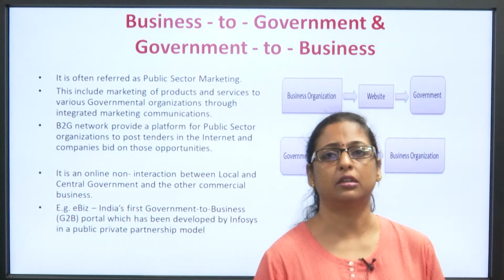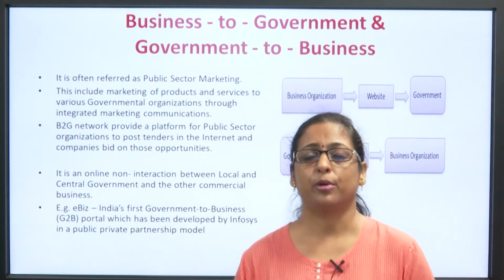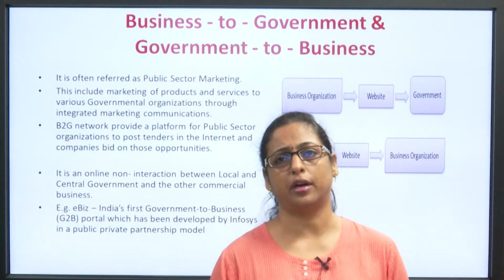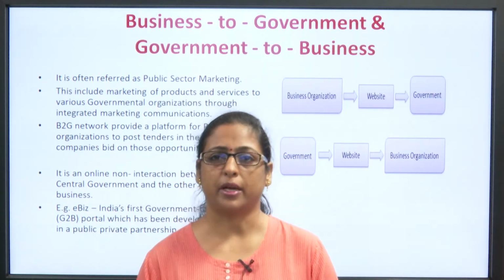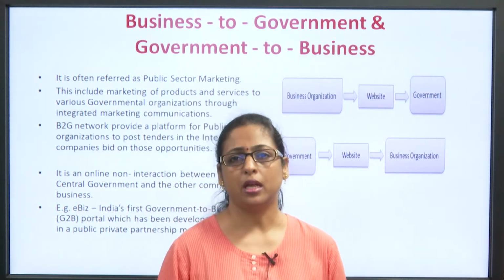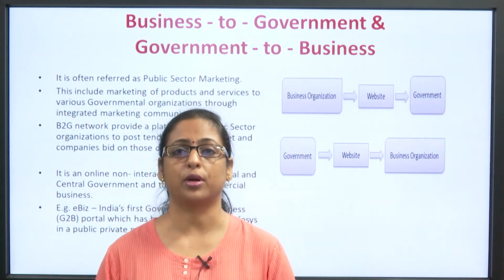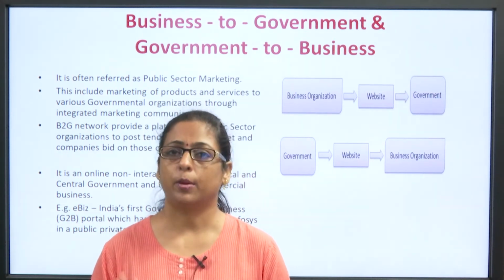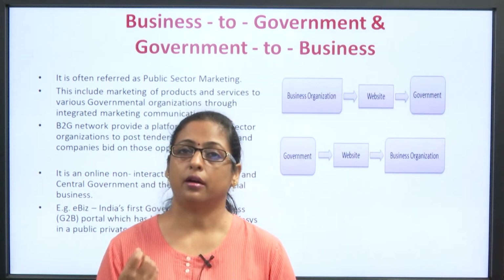Students, as you all know, the government is into a lot of projects. It could be projects related to infrastructure, technology, education, or any other industry. At times, the government also requires a lot of supplies from the people. So this is where the government tries to create e-portals, where businesses who want to supply products to the government can directly interact with people from the government, bid, and get information about the various requirements of the government,